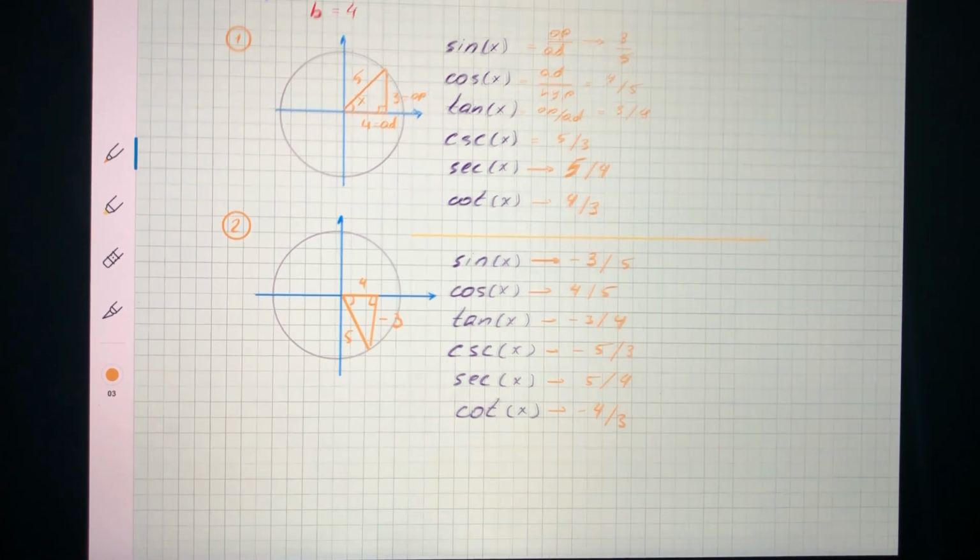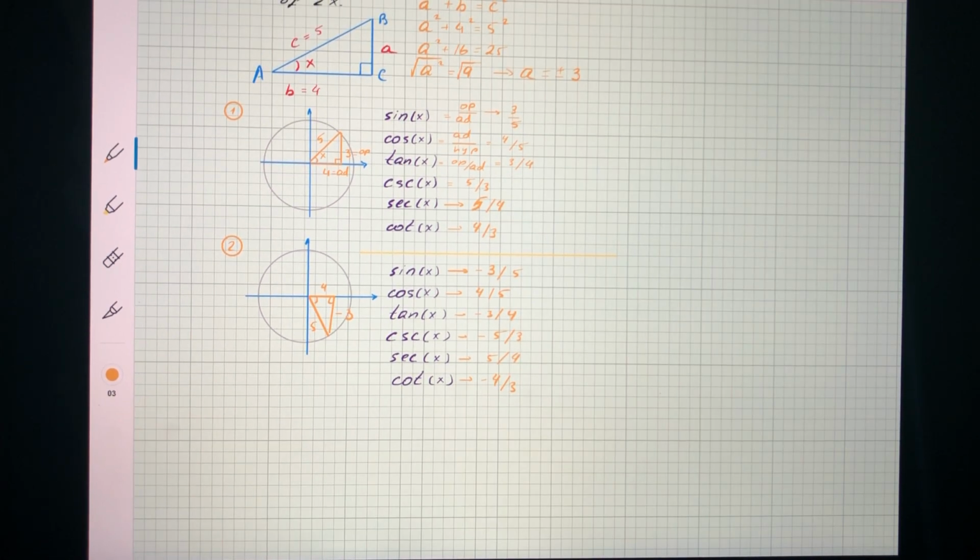And that's it. That's how to write the 6 trigonometric functions of a